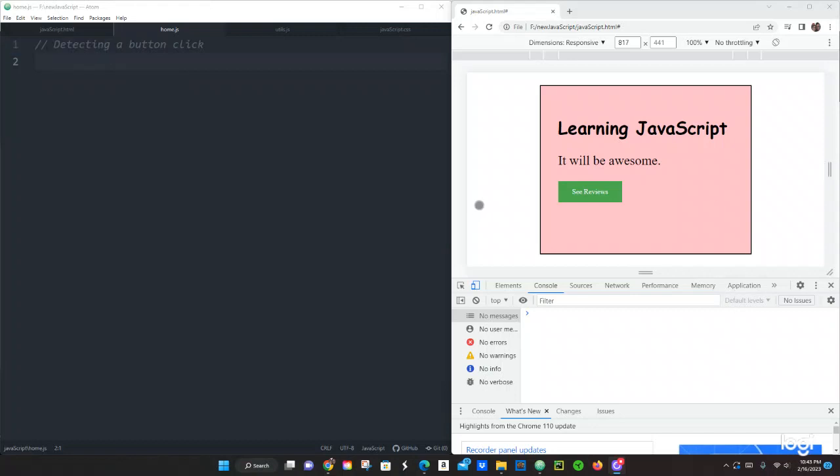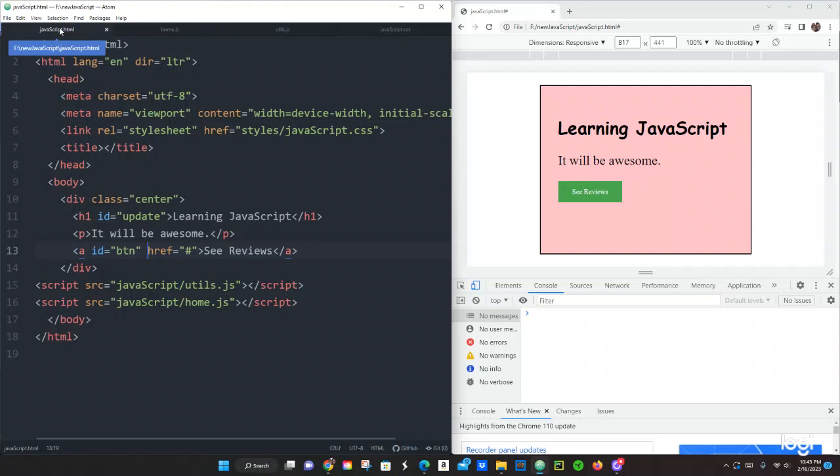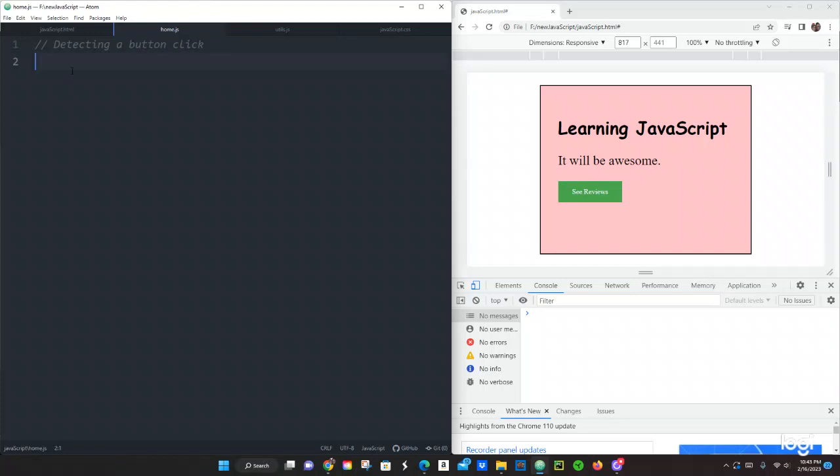In our HTML, I added a button which is a See Reviews button, and I also gave it an ID name of btn. So we're going to use that. We're going to use the DOM for the user to interact with the page. All right, so let's just do a const